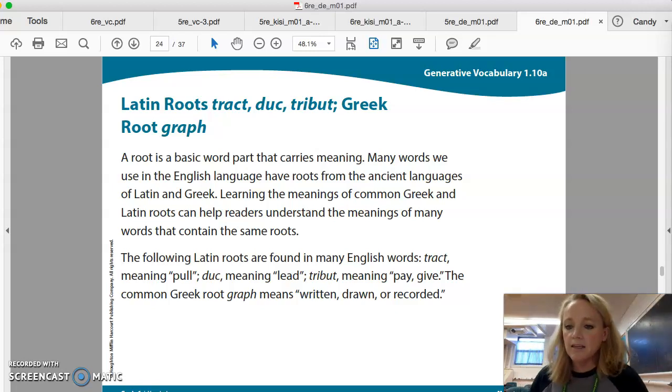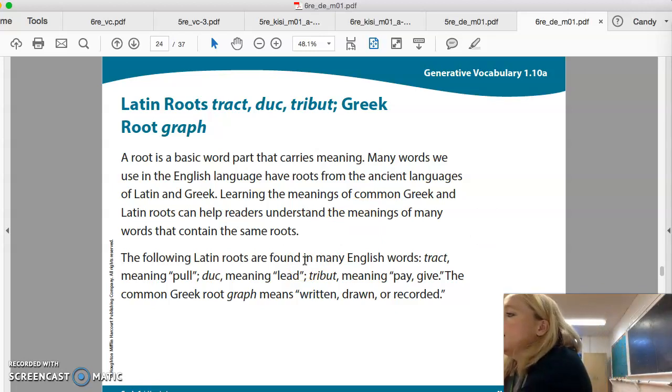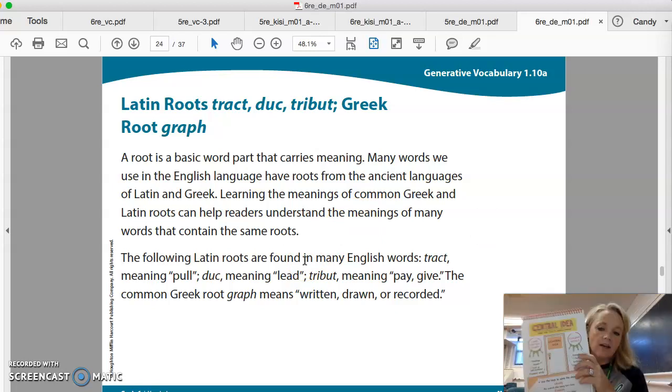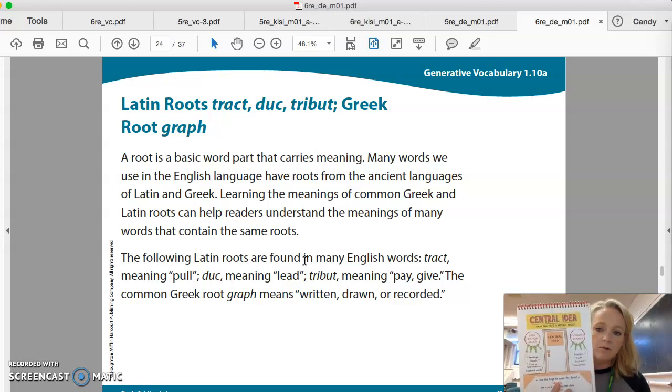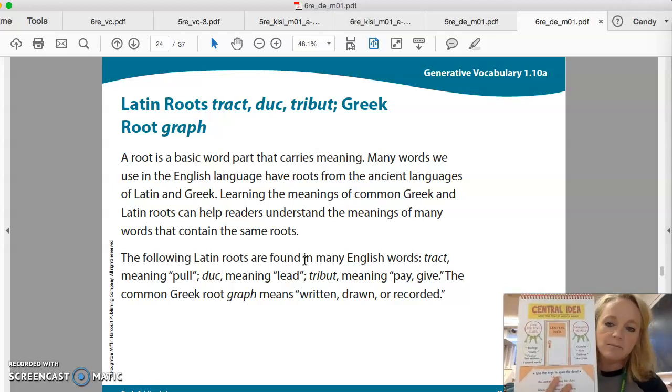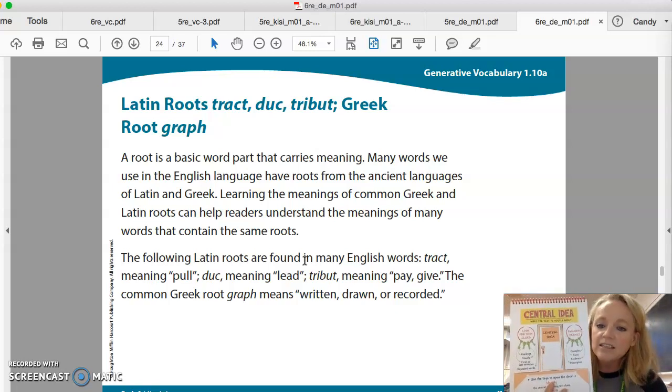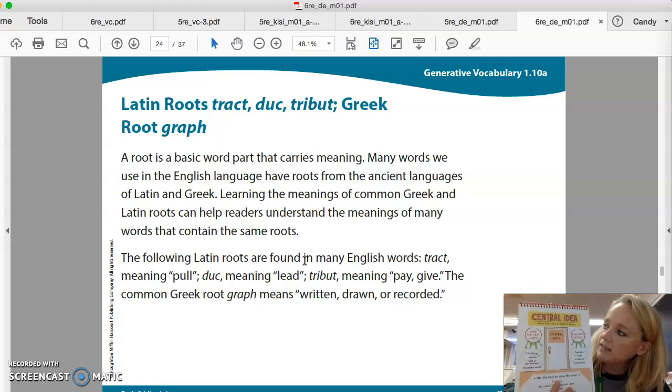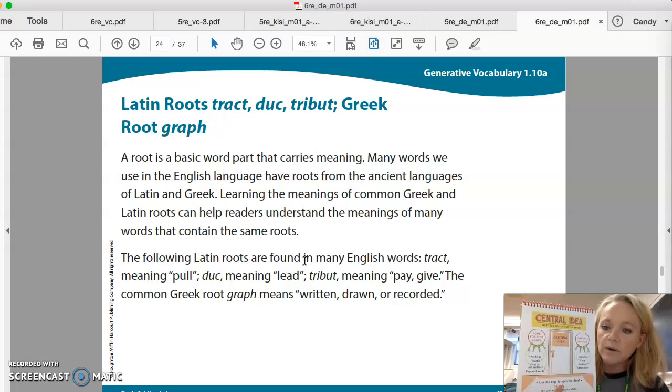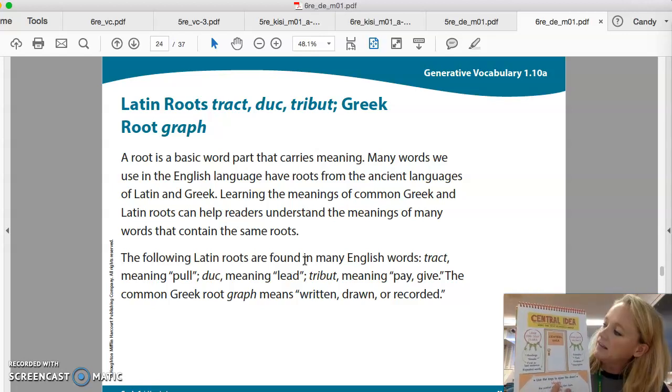And then the next thing I want to do is talk to you real quick about central idea again. I don't remember if 6th grades had this mini lesson or not, but we're going to review it. Central idea is just simply the main message of the text. You probably heard it called the main idea.